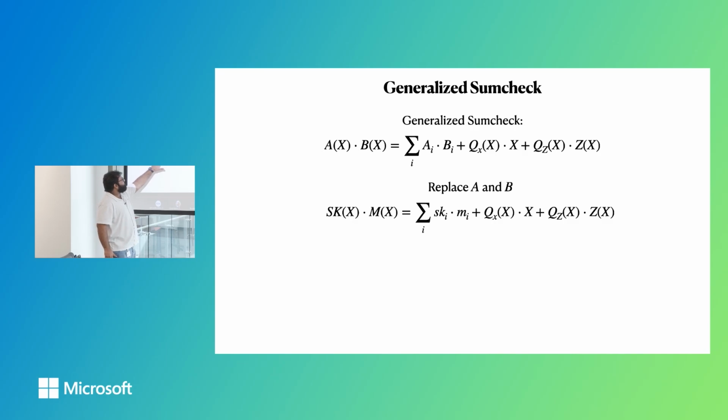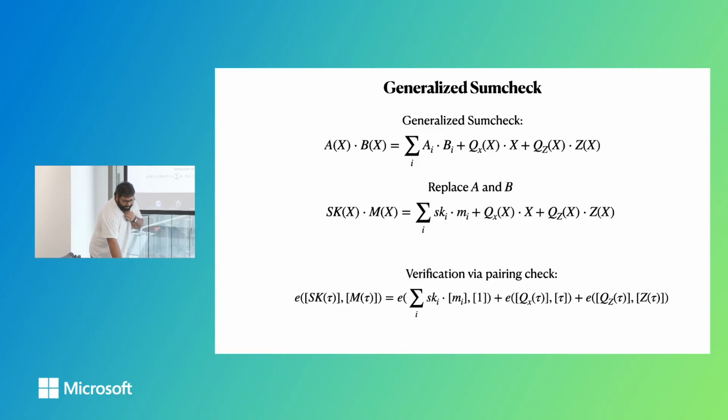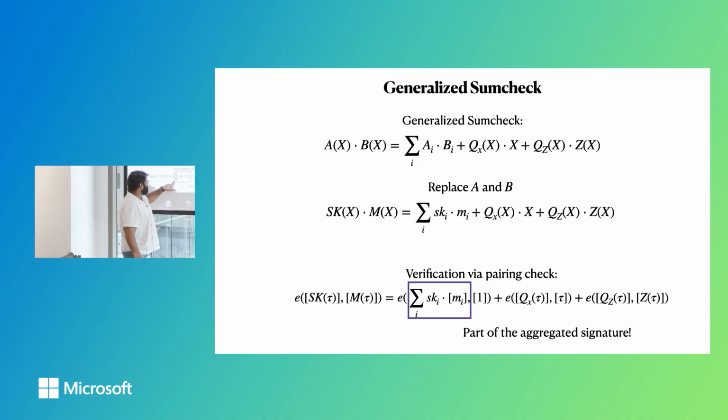So now suppose I just replace a and b with sk and m. Just replacing things here, it's going to look like sk(x) times m(x) is equal to sk_i m_i plus some terms with the polynomials q and z. And if I were to verify this polynomial using pairing checks, it looks like this. I just pull it down here with some pairing checks, and this part is actually part of the aggregated signature. If you remember, we had SK_i M_i in the previous slide, right? And now what is missing is really the